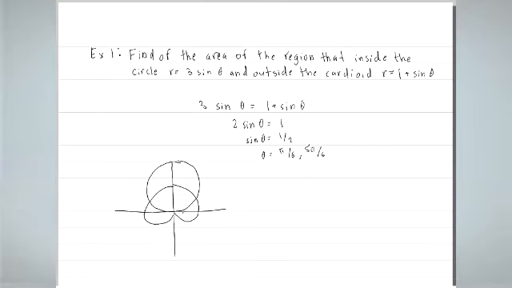Okay, now all joking aside, see as here, the intersections are over here and over here. And now this is pi over 6, and this would be 5 pi over 6. And now you would use the formula for area, which is,